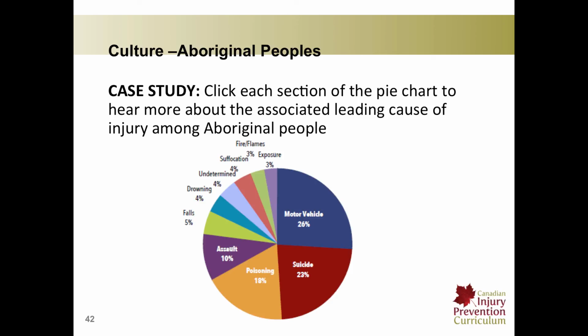Suicide. Suicide accounts for roughly 1/4 of all Aboriginal injury deaths, with rates 3 to 4 times the Canadian average. Rates of suicide differ by geographical location and age. However, young First Nations and Inuit people are at significantly greater risk. Compared to overall Canadian rates, suicide in many Aboriginal communities and populations has continued to rise over the past decade. Although there are large variations across populations, the overall suicide rate among First Nations communities is approximately 2 to 4 times higher. Over a third of all deaths among Aboriginal youth are attributable to suicide,